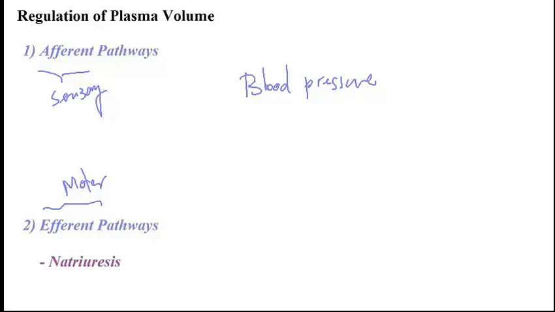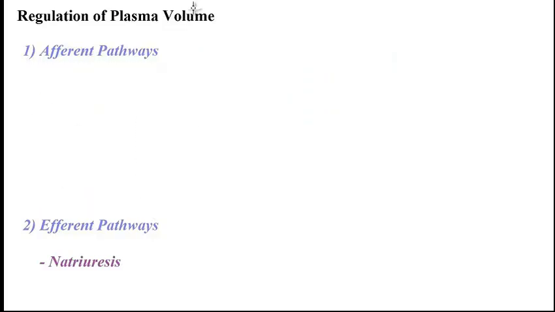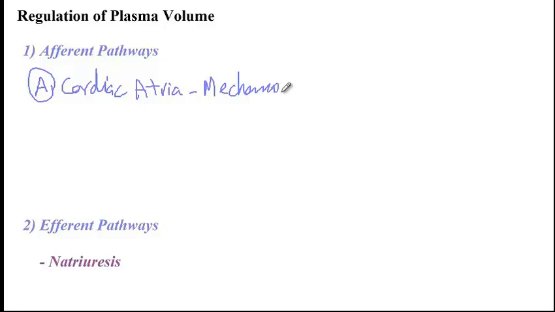And so I'd like to go over the afferent as well as the efferent pathways that help in the regulation of plasma volume. Okay? So let's first start with the afferent pathways, and these afferent pathways sense changes in the blood volume, and there are different mechanisms that they can use. So the first mechanism is the cardiac atria that contains mechanoreceptors. And these mechanoreceptors can detect decrease or increase in the pressure that is being imposed on the cardiac wall,